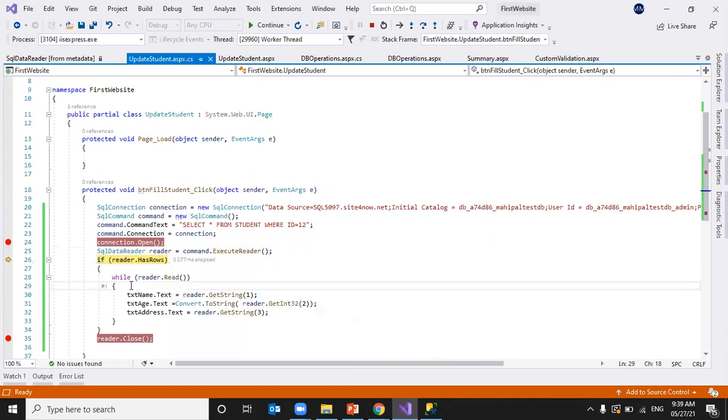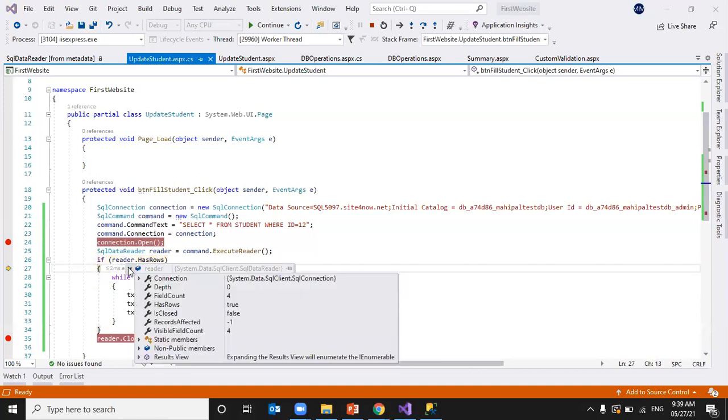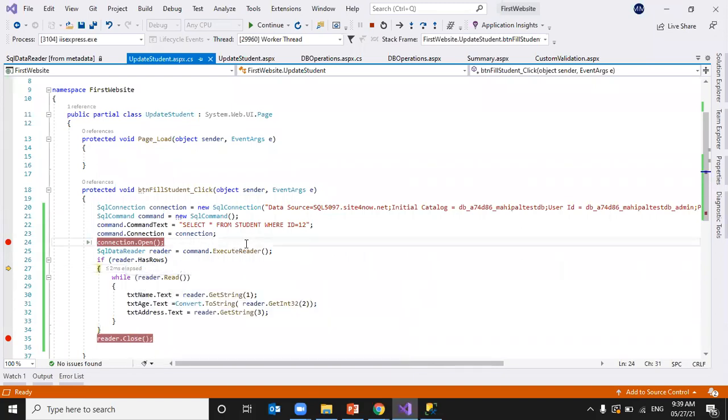Okay, we'll see that. So we are checking whether the reader has rows or not. So it has a row. Field count is 4. HasRows is true. Okay. Let's see. The reader.Read method will read the next row, one row. Okay. There are no rows.